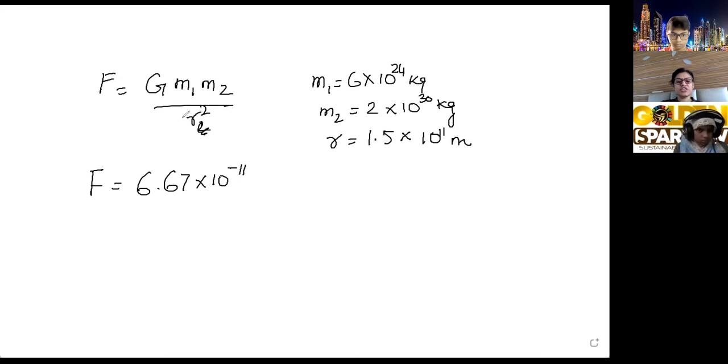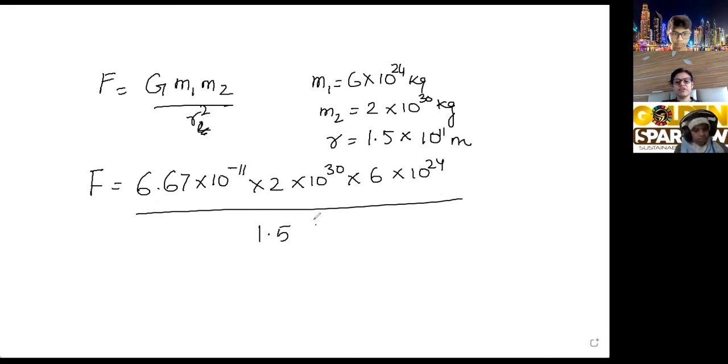Meters. So the value of G I have put as 6.67 into 10 raised to minus 11, into 2 into 10 raised to 30, into 6 into 10 raised to 24. Write the values first. Then 1.5 into 10 raised to 11, the whole square. How will we solve this? Ma'am, in the question it is given that the value of G is 6.7 into 10 raised to minus 11. Okay, I'll take the value which is given in the question, only 1 digit: 6.7 into 10 raised to minus 11. Now we'll calculate the power of 10 first. First I'll remove the bracket.